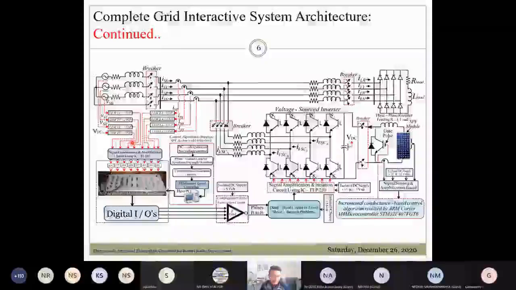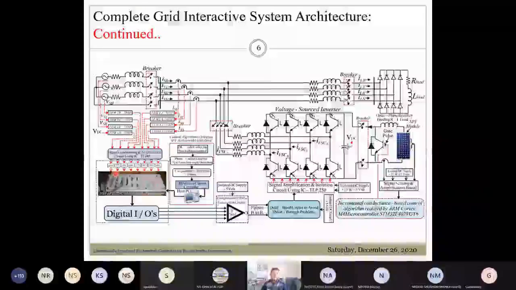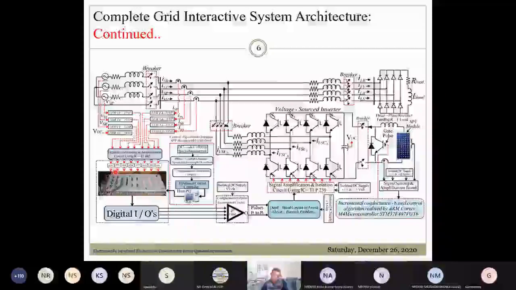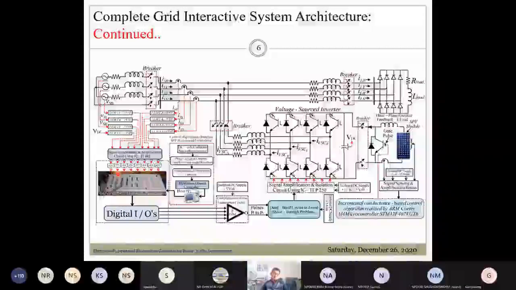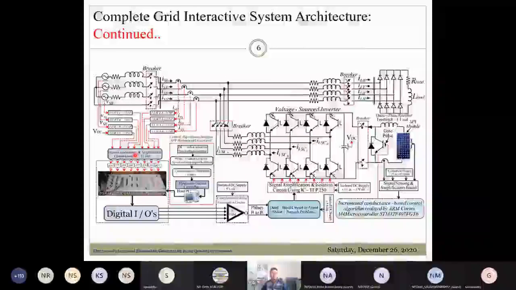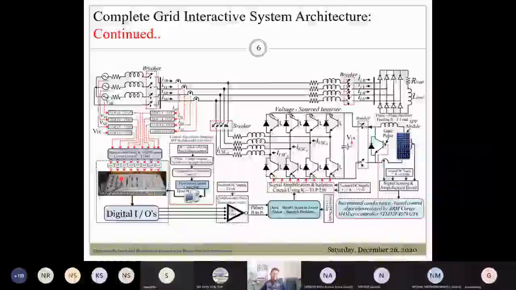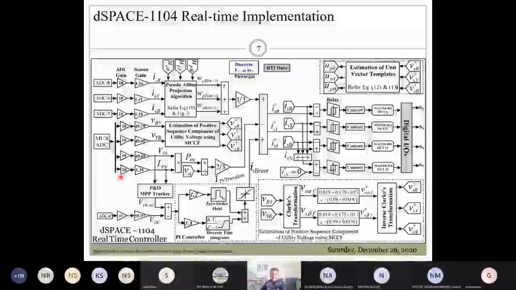Another thing is that the ADC of the DSP generally accepts the signal in the range of 0 to 5 volts, or if I talk about the commercial chip microcontroller, the ADC accepts the signal in the range of 0 to 3.3 volts. If the signal is beyond 3.3 volts, it cannot accept that signal, and therefore you need to ensure that the input signal you have applied to the ADC of the DSP or commercial chip microcontroller is well within 0 to 3.3 volts. It should not be more than that. However, in case of DSpace, you can have the signal beyond 5 volts. That is pretty acceptable. So that's fine for the DSpace.